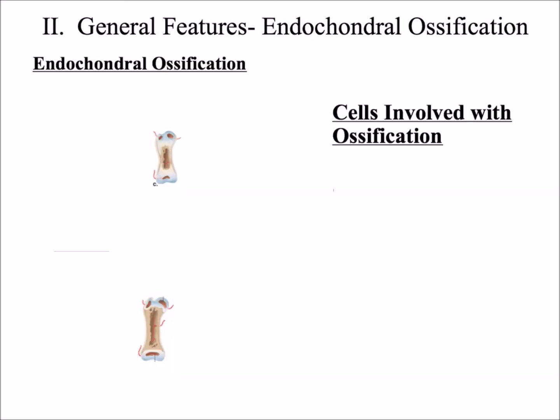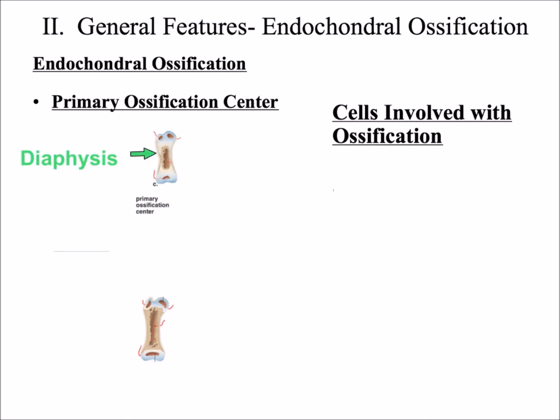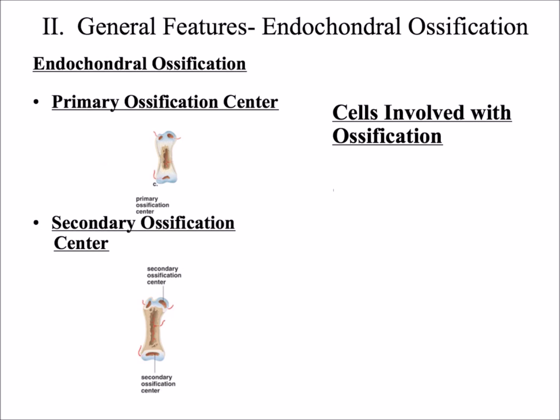So the second type of bone formation is called endochondral ossification. Before we talk about the process, let's talk about a couple of things involved with it. The first one is the primary ossification center. Primary means first. Ossification means the process of making bone. Center is just the location. So the primary ossification center is located in the diaphysis of a long bone. The secondary ossification center, or the second area where bone is formed, will be located in the epiphyses of